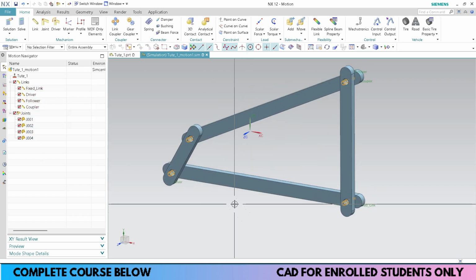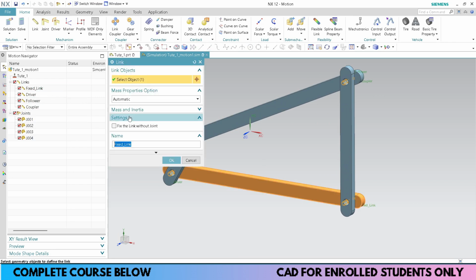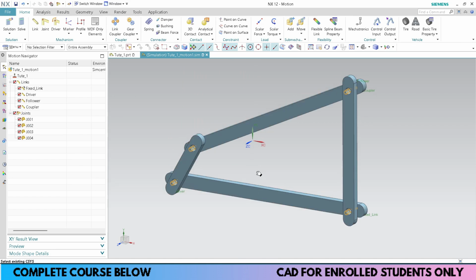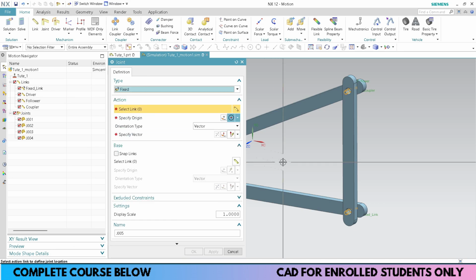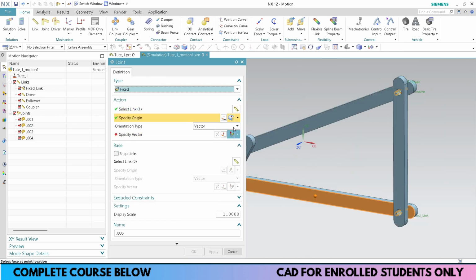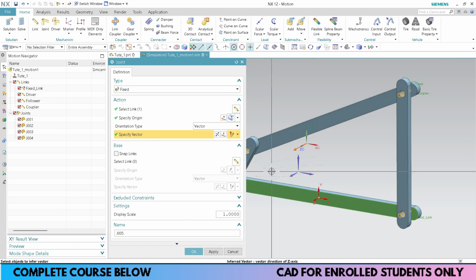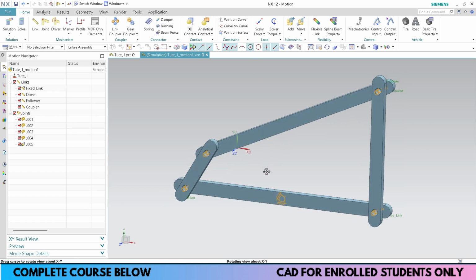One main thing is left. I told you that this is the fixed link, but I didn't actually fix this. So right click on this, edit, makes this link as fixed one. Press OK. Also here, I would like to create a fixed joint. For that, go to joint, and make this as fixed. Select this link. Origin and vector actually doesn't matter, so you can give it anything. Just press OK. Now we are ready with the links and joints arrangement.